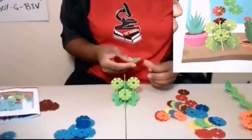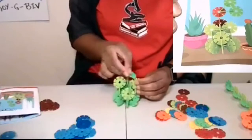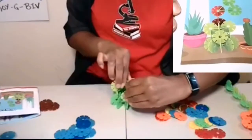All right. So, ideally, if these are made properly, okay, if they went through some form of quality control,